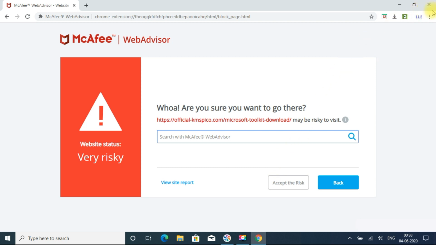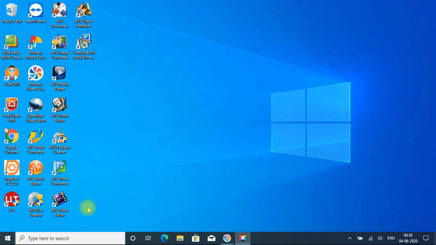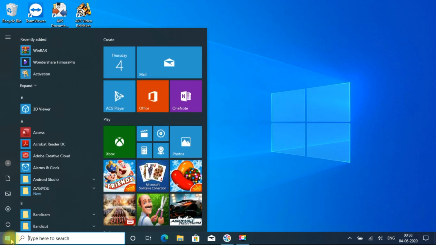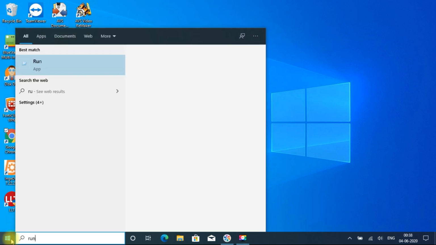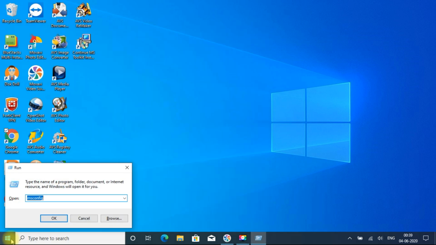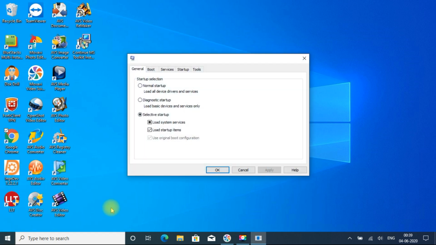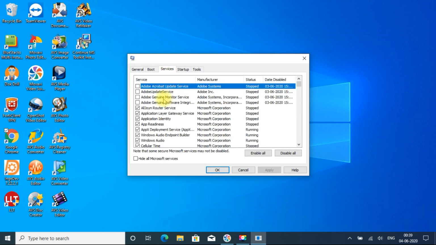To disable these services that are running in the background, just go to the Start menu and type msconfig, and go to Services.